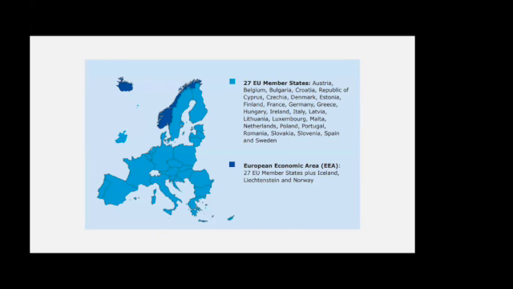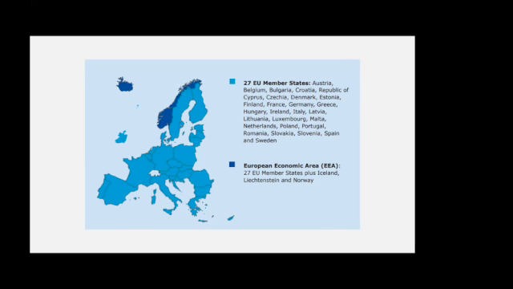At the time, we have 27 European member states. We were more, but as you know, with Brexit, we lost the UK in 2018. But the EMA also includes those from the European Economic Area, which are Iceland, Liechtenstein, and Norway. So in total, we are talking about 30 countries that join together and take decisions together